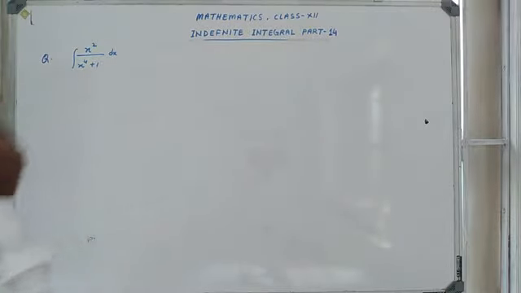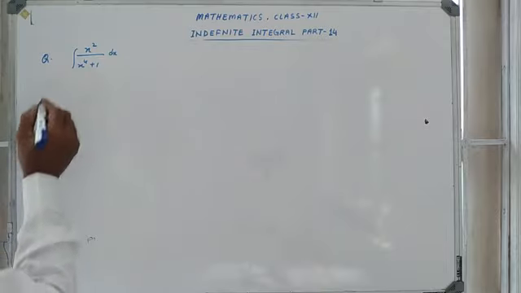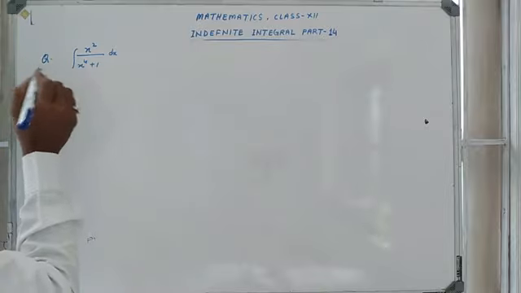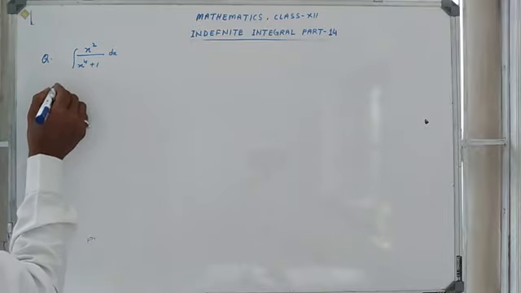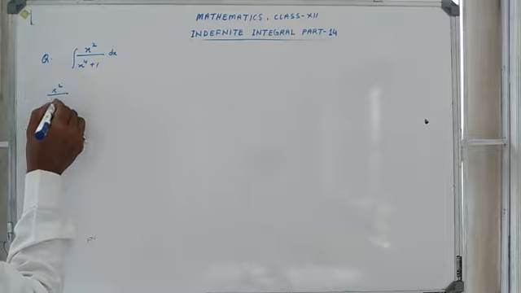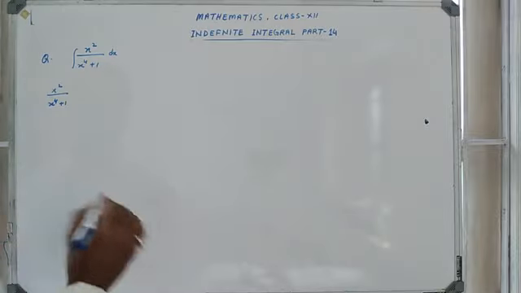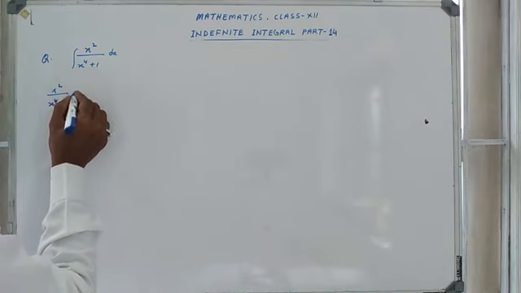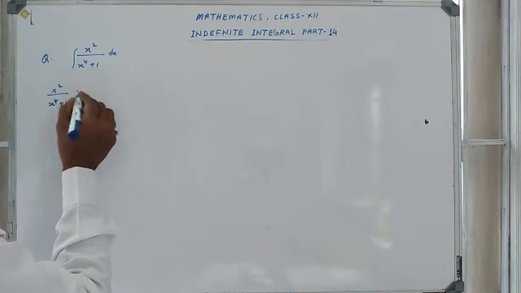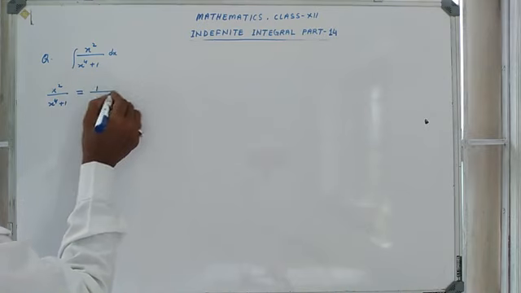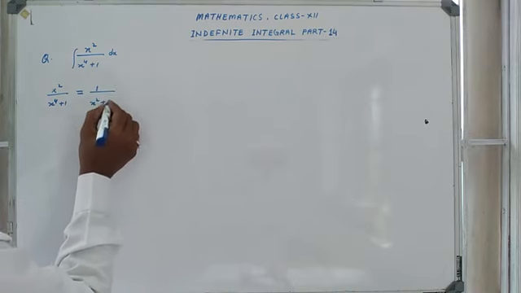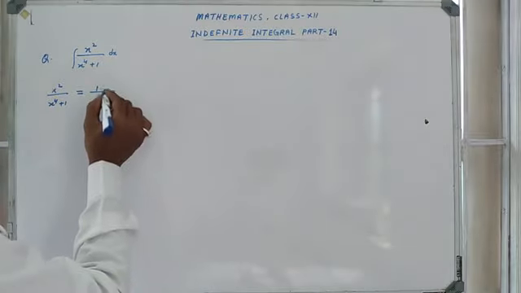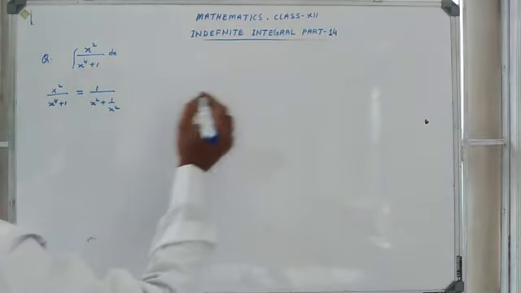Again we will divide numerator and denominator by x square. Then you consider only its integrand. The integrand is x square by x^4 plus 1. After reducing it, we will apply its symbol and integral sign. So divide its numerator and denominator by x square, then 1 by x square plus 1 by x square. Now again we have to apply substitution here.